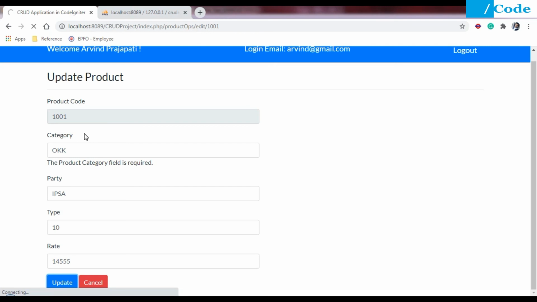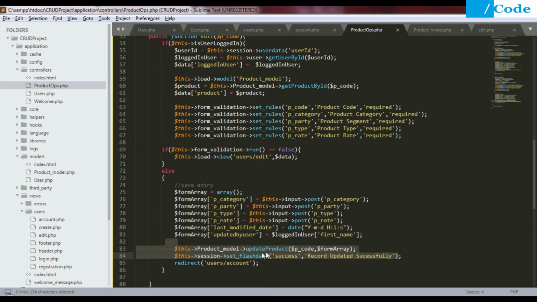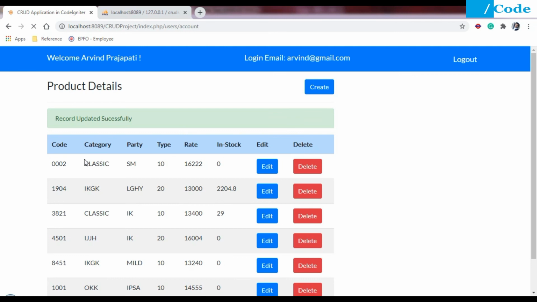So it will call the update function of the database with the new data which we have filled in here, and it will set the flash message also, so that the user will get the confirmation that the record was updated successfully.